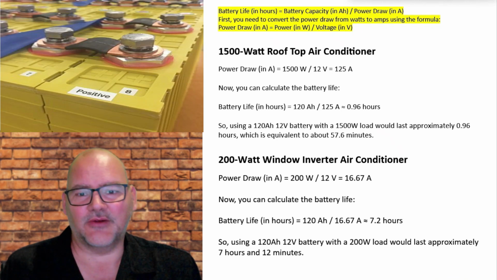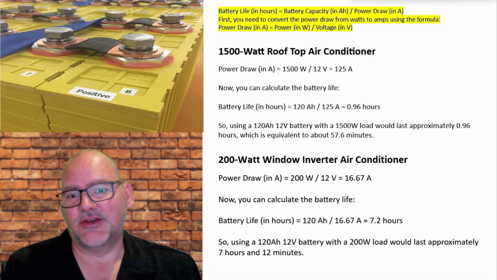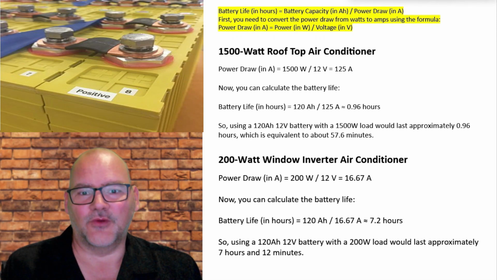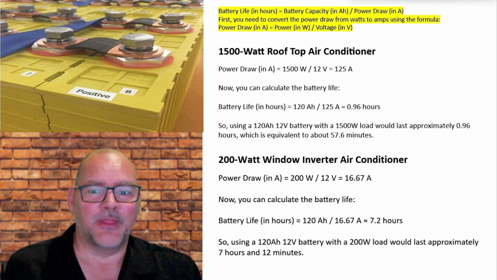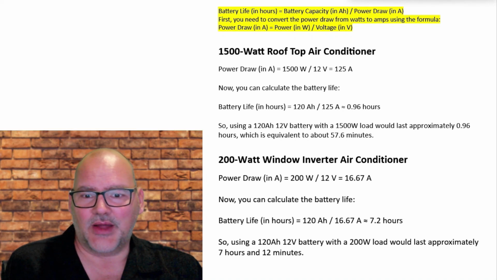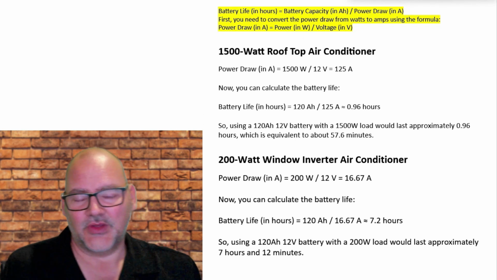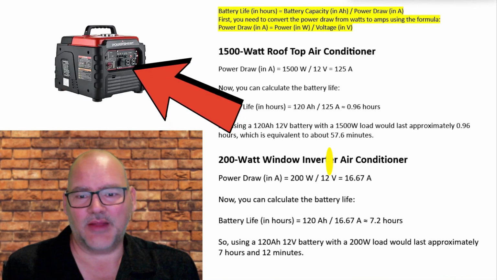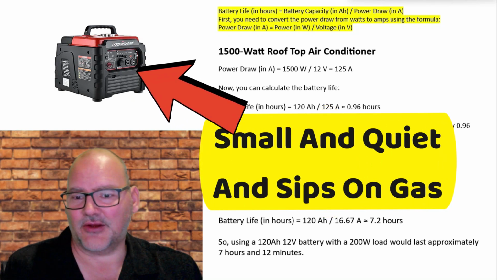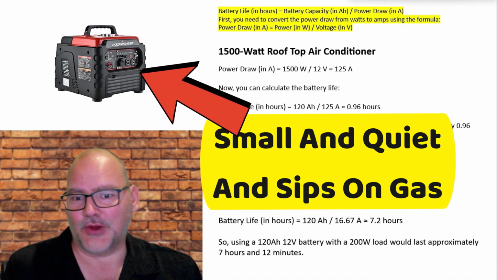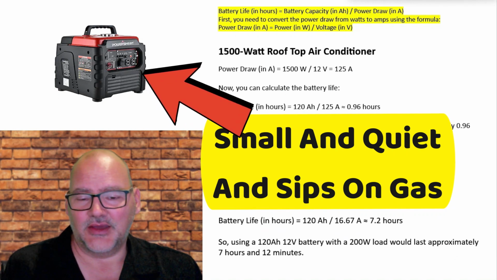You need 1500 amp hours of battery at least to run a 1500 watt rooftop air conditioner, and that's minimum. That's the minimum number you would need. So if you have a 200 watt air conditioner, this is the great news. You don't need a massive generator. You can run a 1000 or 1100 watt generator to do the same thing. This 1100 watt generator is going to be able to run your air conditioner, and it's going to be able